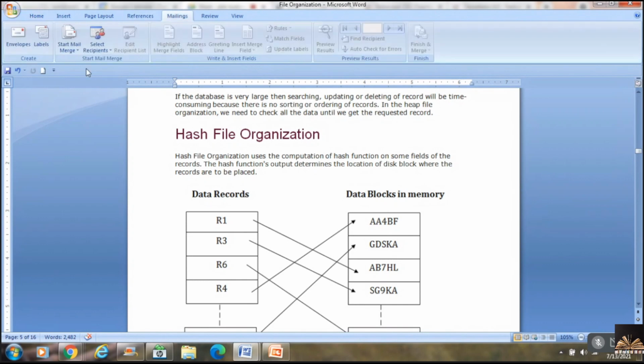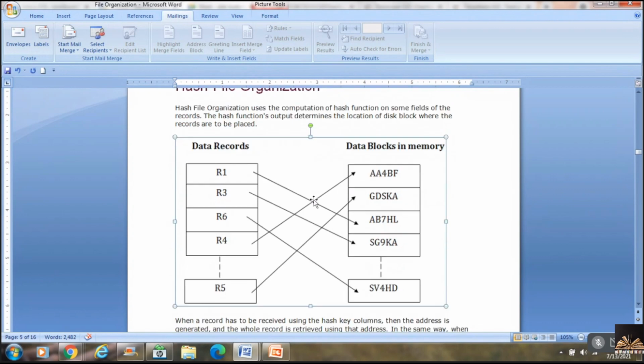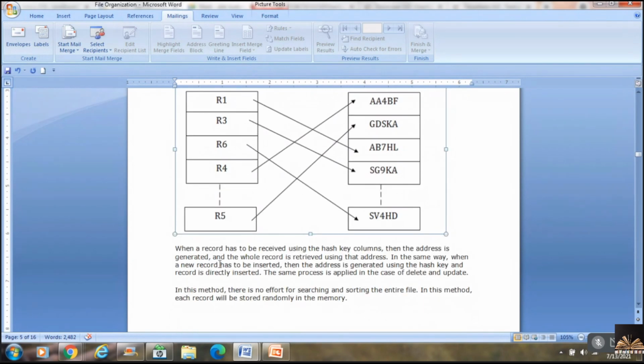This is the diagrammatic representation of how we are storing the records. When a record has to be retrieved using hash key columns, the address is generated and the whole record is retrieved using that particular address.